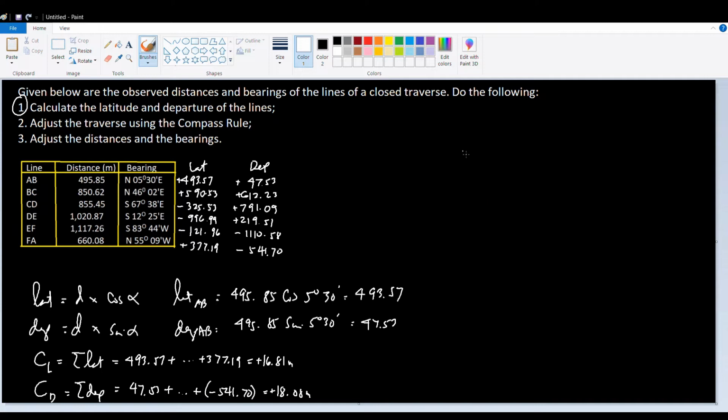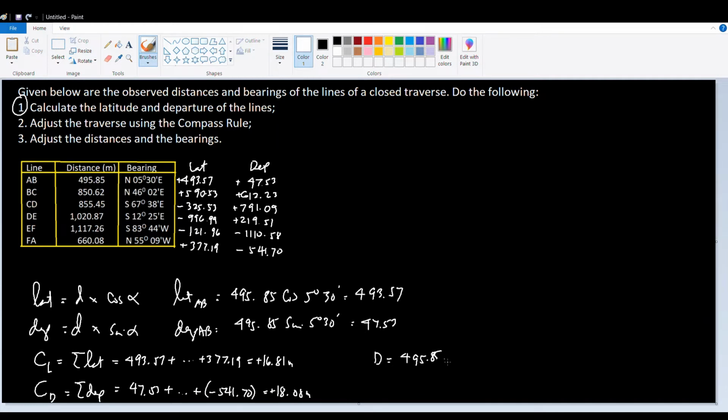Now remember in our formula for the correction, for the latitude correction CL, we shall be needing the total latitude correction multiplied by the ratio d all over D. Alright? So we need to find the total distance. And what is the total distance? So we add up distance AB, distance BC, up to distance FA. So that is